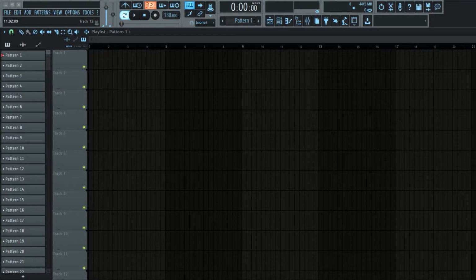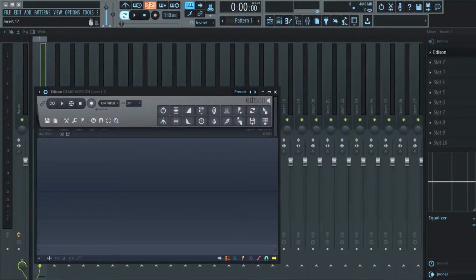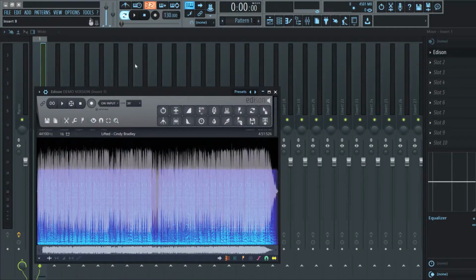So now that you've got a good sample, you need to find parts to loop. There's multiple ways to do this, but what I do is I open the plugin Edison. Once I'm in Edison, I'll just drag the sample into it. Once I got the sample in there, I'll find either a 4 or 8 bar loop that I want to